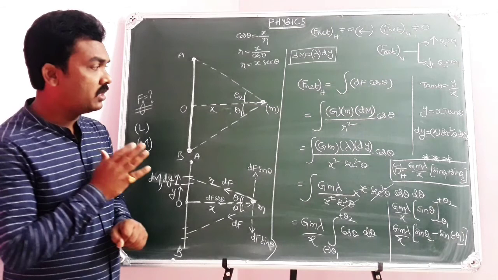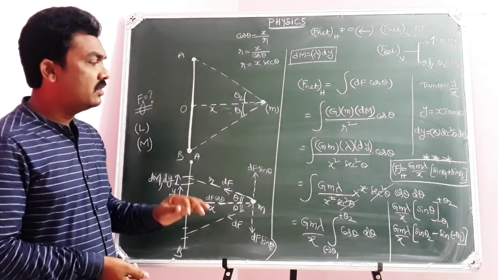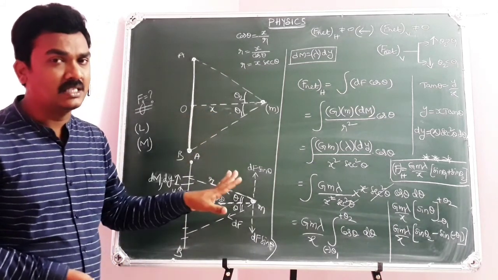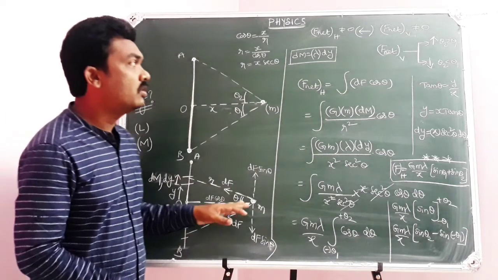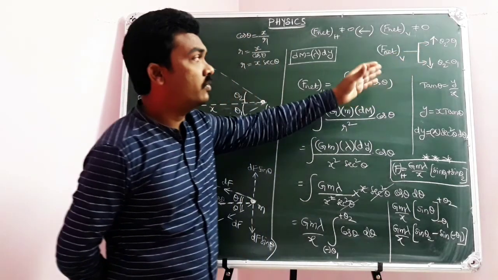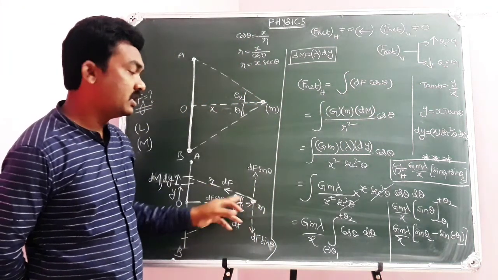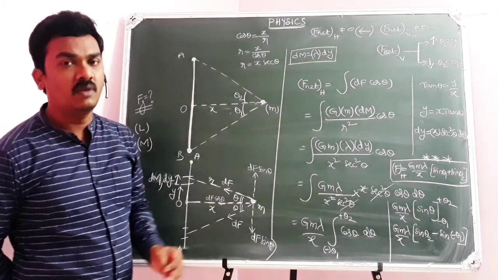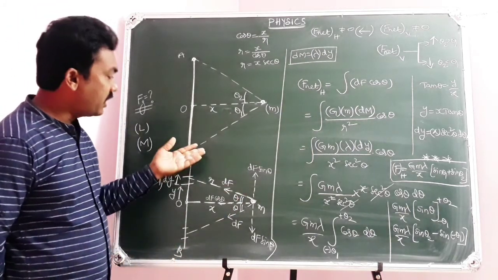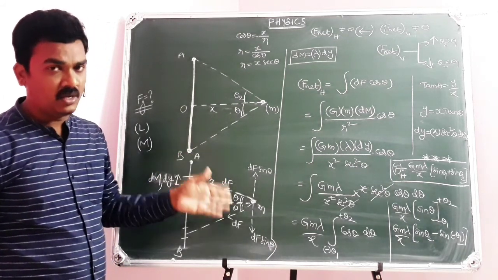So this is what you need to understand, a little more mathematical application. But anyway, it is not at all required to learn this derivation by heart. You have to learn that theta, so that you will come to know why there is a net force in the upward direction, why there is a net force in the downward direction vertically, and how there is a possibility for net force in the horizontal direction. This is all you will come to know. Please note down this calculation. Now in the next part, I will write conclusions of FH and FV.